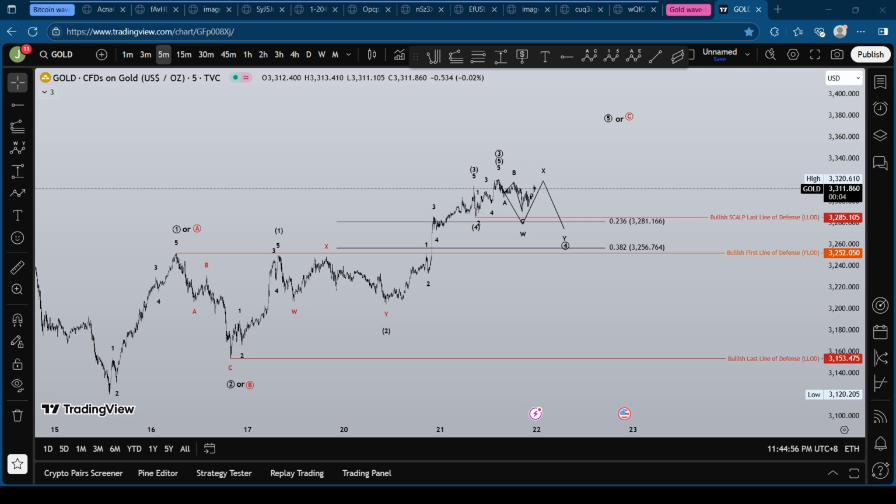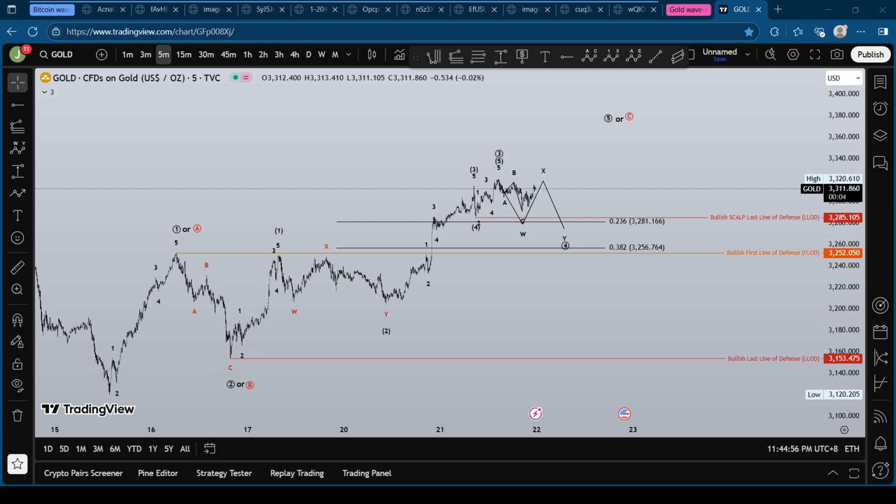Because Ralph Nelson Elliott believes that the market is a fractal, meaning what happens in the higher time frame will also happen in the lower time frame. So that means even if you apply the rules of wave counting and the rules of measurements in waves in Elliott wave theory, it can be applied in any time frame.